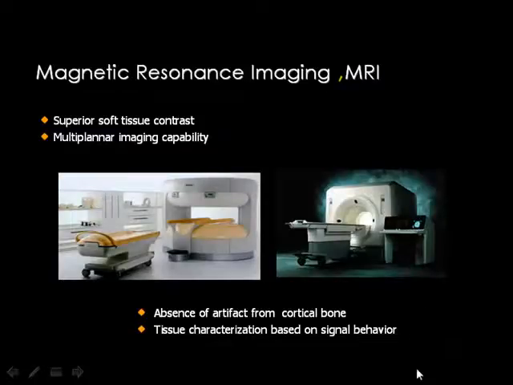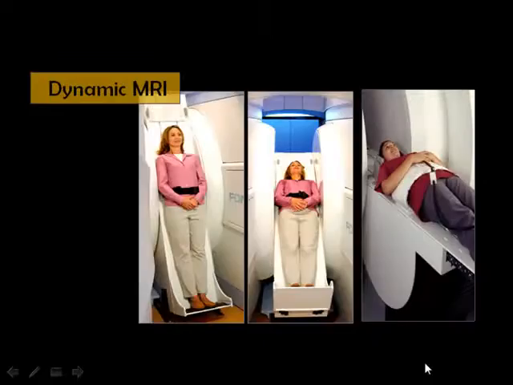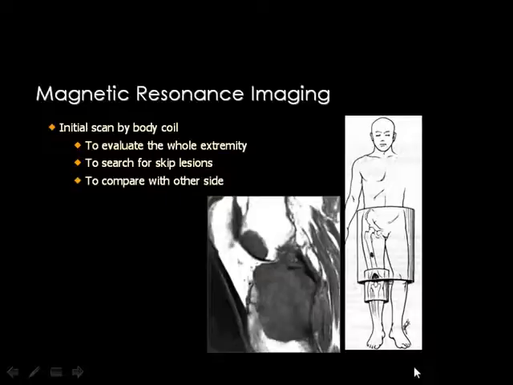The first role of MRI in musculoskeletal imaging is detection of bone marrow lesions. Then the bone marrow infiltrations can be easily delineated by MRI, as I will show it to you. This is the extremity magnet, which has been mentioned this morning, and this is the dynamic MRI. This dynamic MRI can scan the patient while standing or semi-erect or in the supine, and it has a major